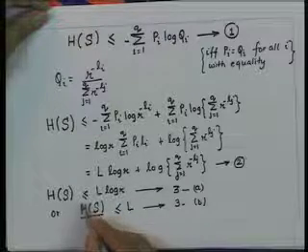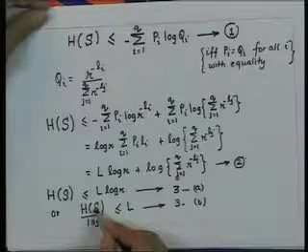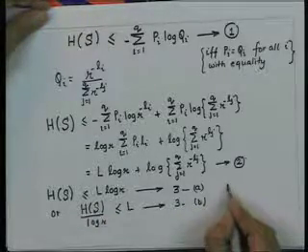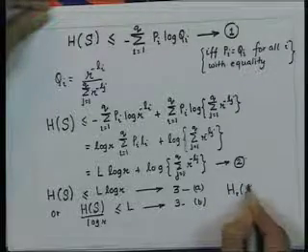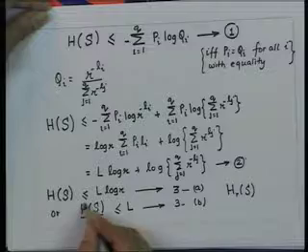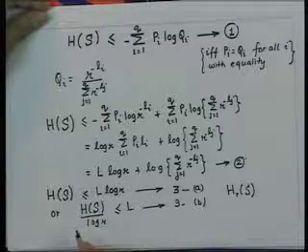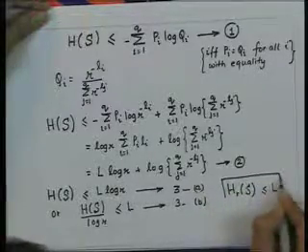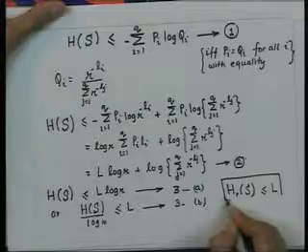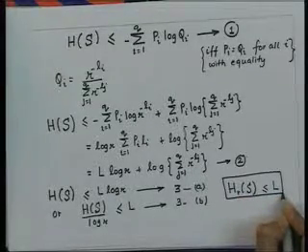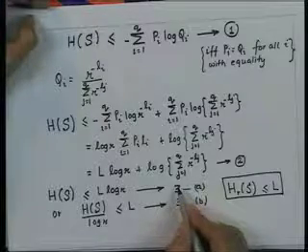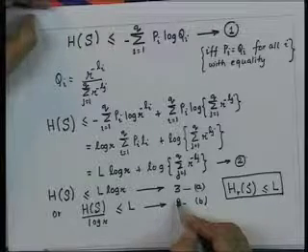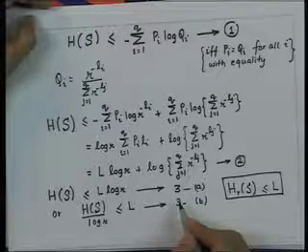Now, if we measure the entropy in r-ary units, then equation 3 can be written as H_r(S), this equation out here. When I write H(S) in terms of r-ary units, it is less than or equal to L. Now, it should be noted that equation 3